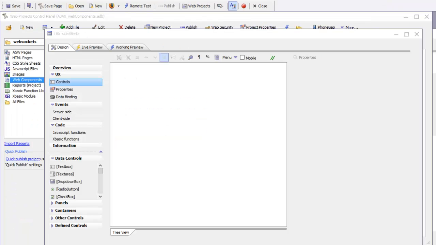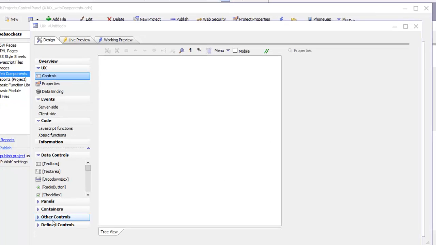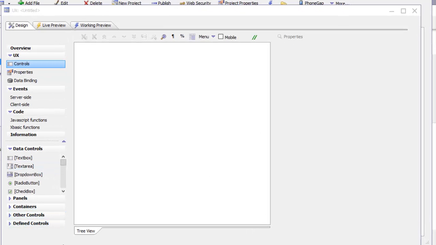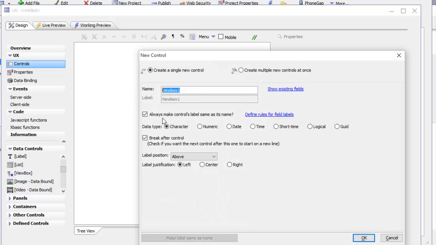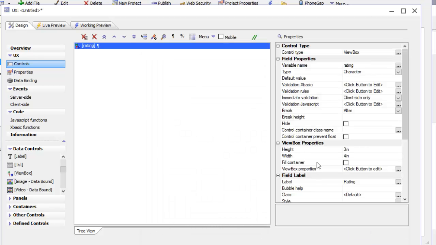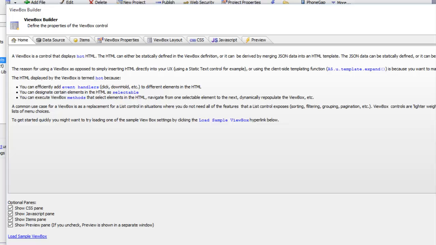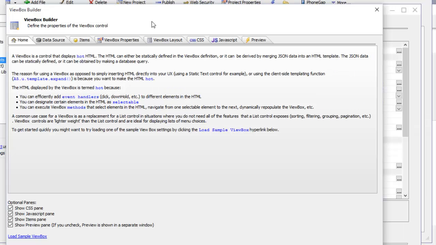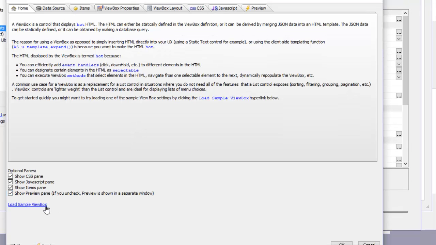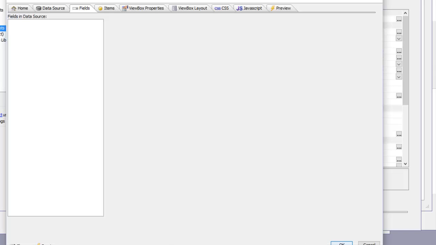So we're continuing now with our video on the rating selector control that uses the Viewbox. Let's start off by showing how you can add a similar control to your own component. So I'm going to go here to my UX component and choose a Viewbox control, and I'll just call it rating. Then I'll open up the Viewbox editor, and in the Viewbox editor you can choose predefined controls. So I'm going to choose a predefined control called star rating, and then go ahead now